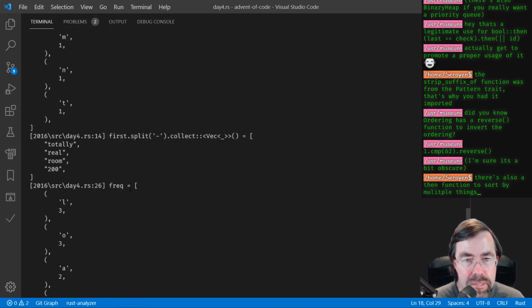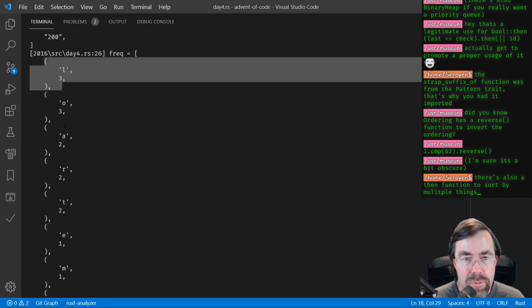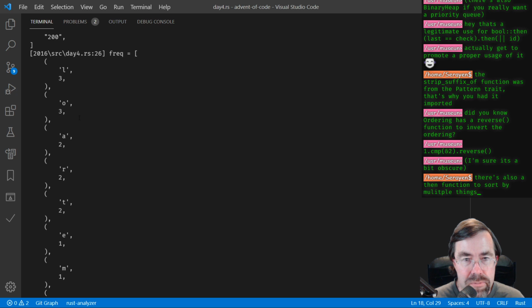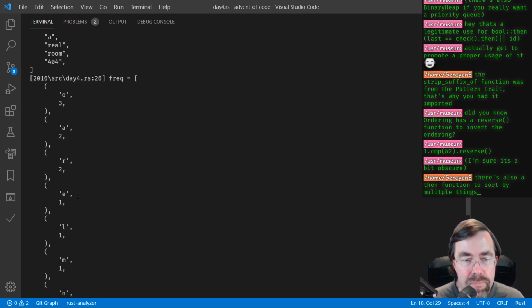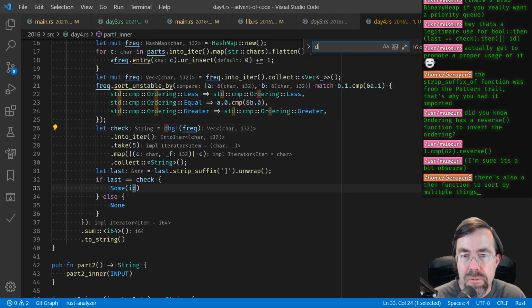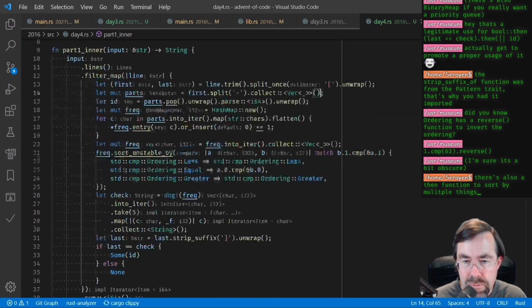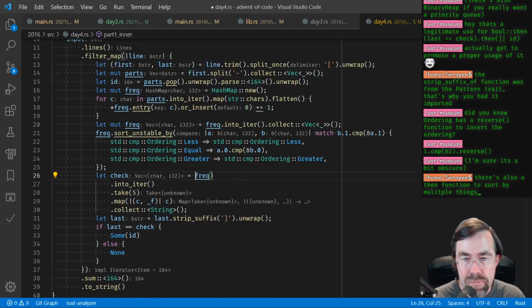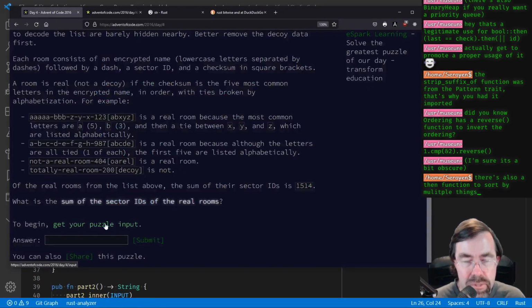Yeah, now we're passing. And so you can see we've counted all the L's, the O's. L comes before O in the alphabet, so it's first. Yep, it looks good. So we can remove the debugging now. Can remove this. And this... So this took me a bit longer than it probably should have, but we can get the puzzle